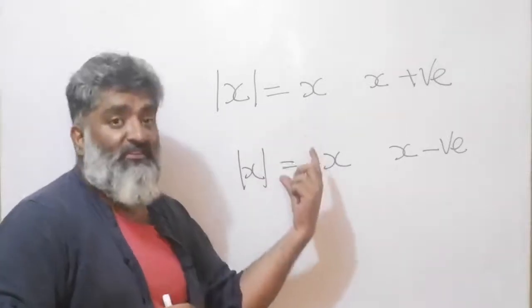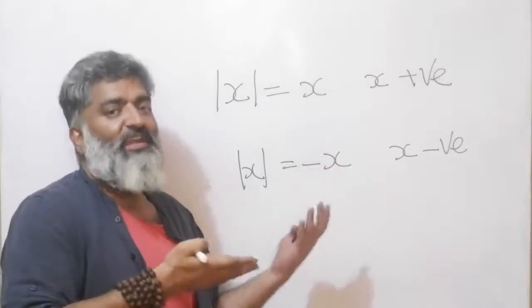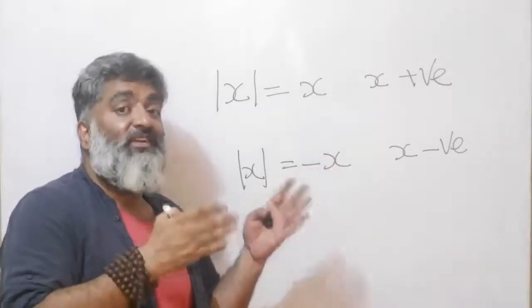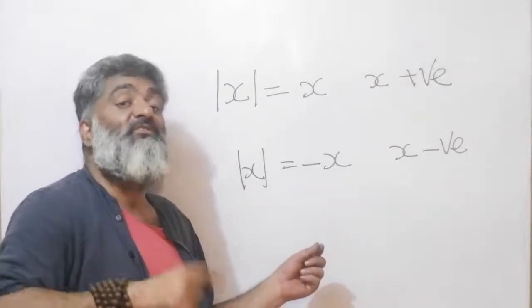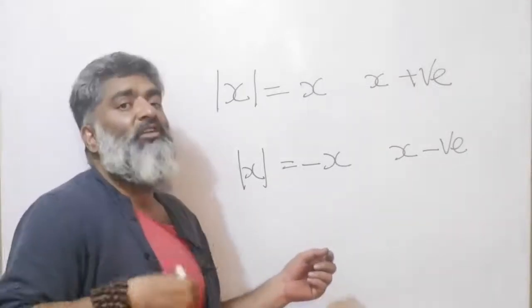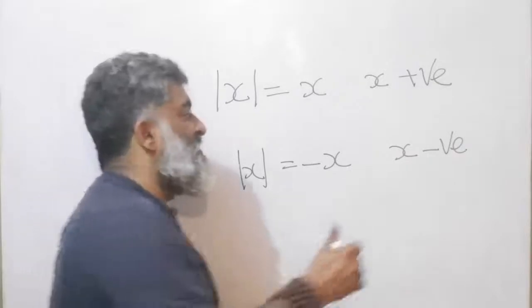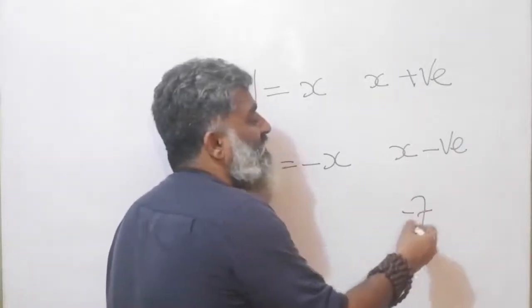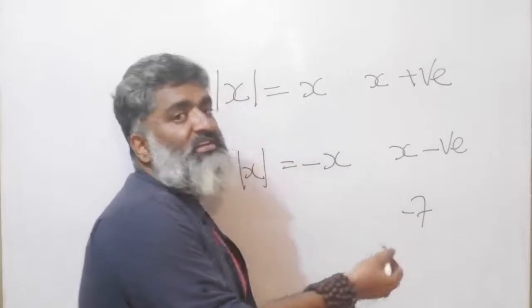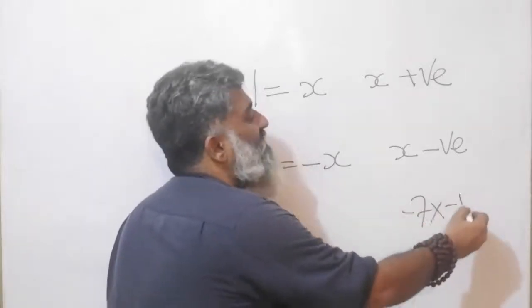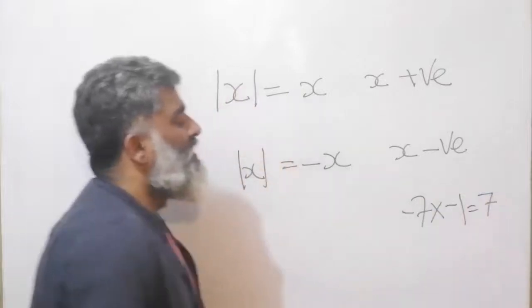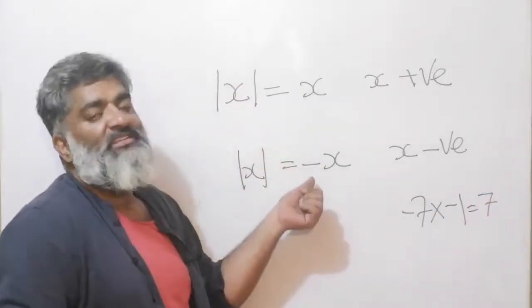So the technical definition is actually more complex. The idea is very, very simple, that if it is positive, you get the same number. If the number is negative, you have to convert it into positive. How will you convert a negative number into positive? If I say minus 7, convert this into a plus 7, what will you do? Minus 7 into a minus 1 will give you a plus 7. So that's why the minus is being put here.